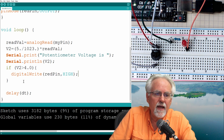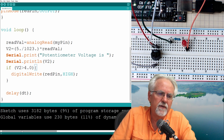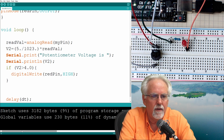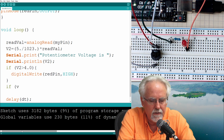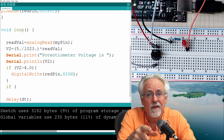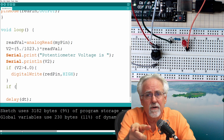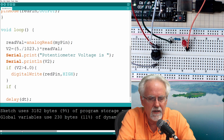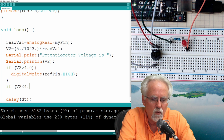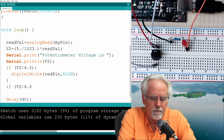All right. But now what you have to think is, if V2, you've got to turn it off, right? Because if you come in here and when it gets above 4, it's going to turn on. But then if you turn the potentiometer below 4, that LED is stuck on. So then you need to say if V2 is what? Less than 4.0, then